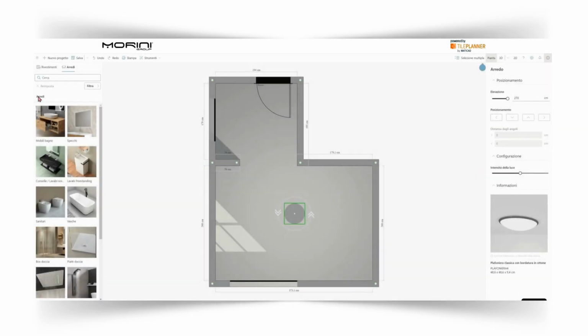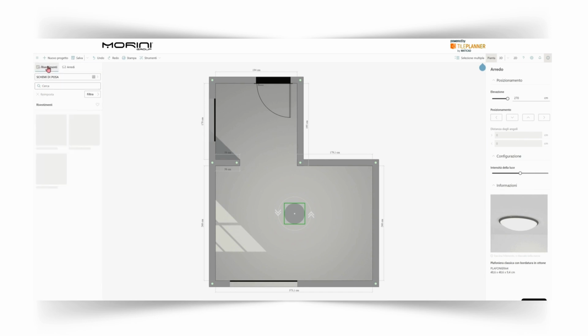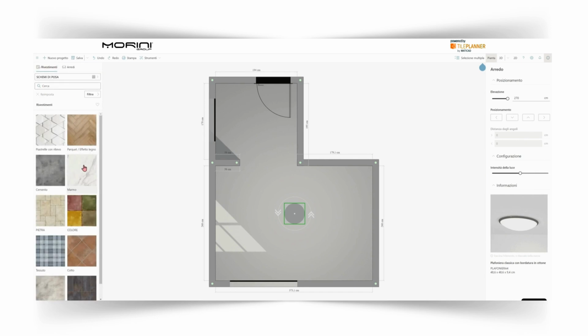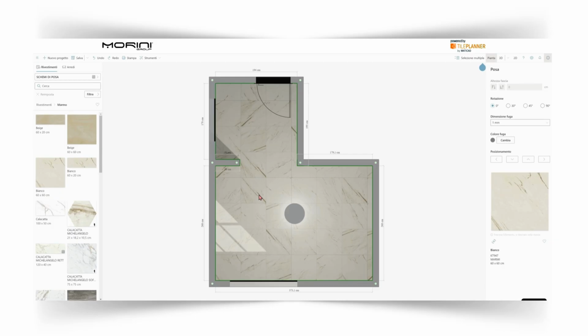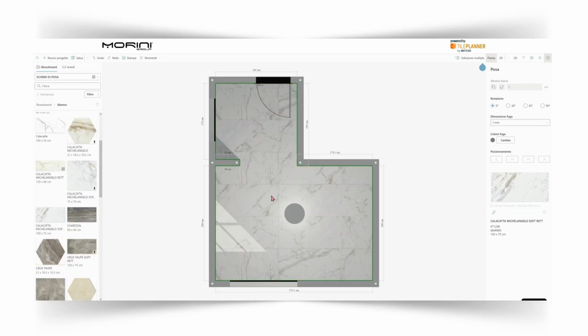Once our project is built, we move on to the coating. From the menu on the left, in the coating section, we choose the desired effect and drag the selected item onto the surface we want to coat, replacing it until we find one that satisfies us. You can also create more complex poses very easily by using the parametric pose patterns section,